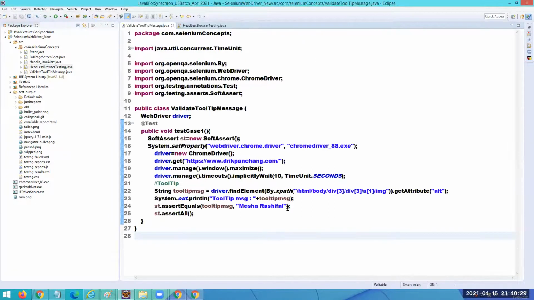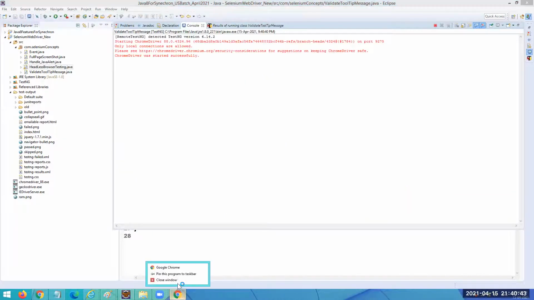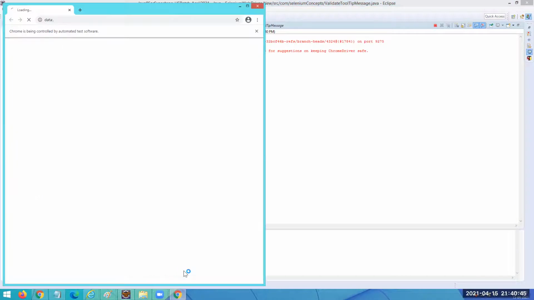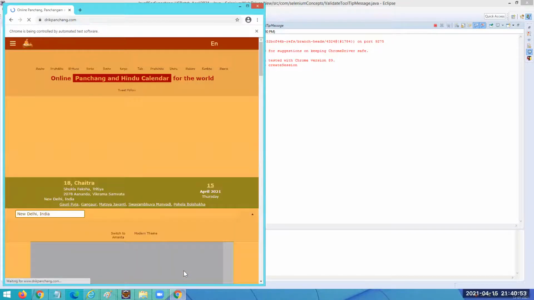Now imagine guys, my expected text is Mesha Rashifal with 3 dots. Let me say like this. Once again, if I run this, you can see it's going to give the result as fail. It's opening the browser, opening this URL drikpanchang.com.